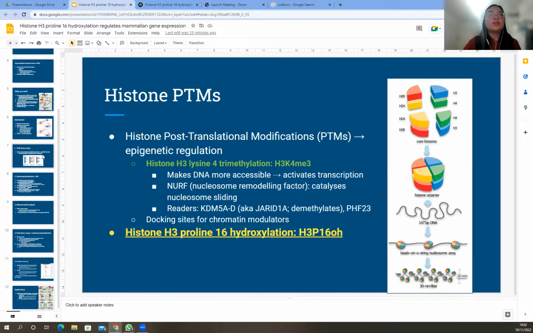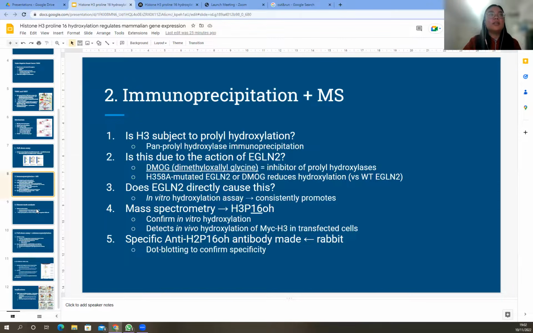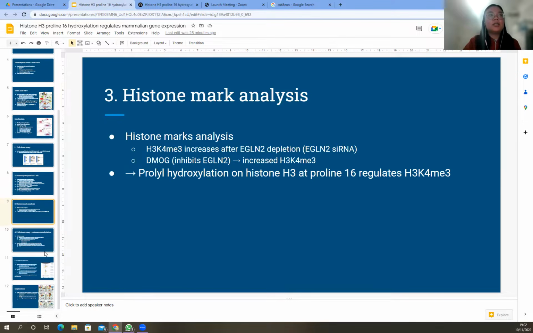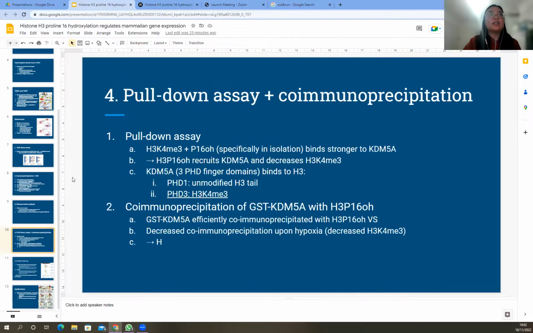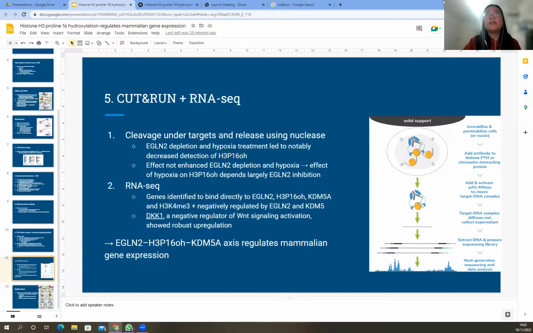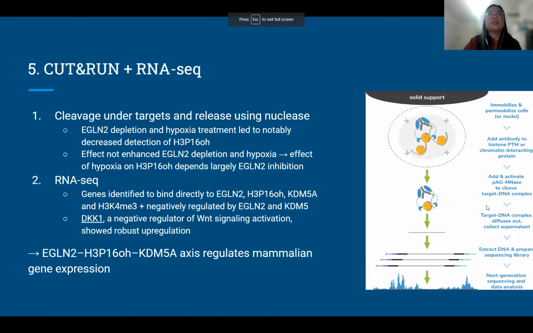Somebody previously did hydroxylation experiments on histones, proline hydroxylation. And then they said, okay, let's find other proline hydroxylation sites. And then they found another one. And now they want to know what exactly this does, and what genes it will interact with. And then they found that it actually interacts with DKK1. And then, yeah, let me just go back to the...